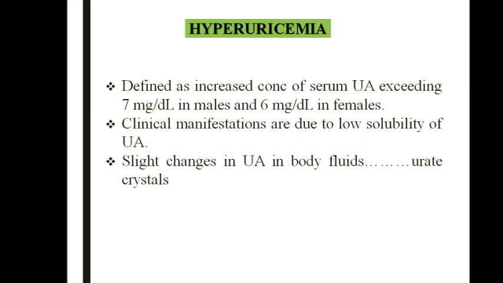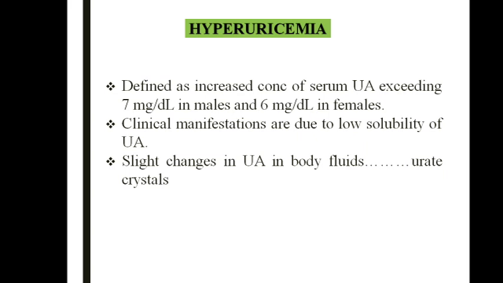Because at low temperature, suppose at 30 degrees centigrade, uric acid in the body gets less soluble. It becomes insoluble because the solubility of uric acid reduces to about 4.5 milligram per deciliter. When the solubility reduces, it goes on depositing. Especially it has an affinity towards the cooler areas of the body, like the first metatarsophalangeal joint, the distal parts and the knee joint. Other joints are also affected, but the most commonly affected joint is the first metatarsophalangeal joint.